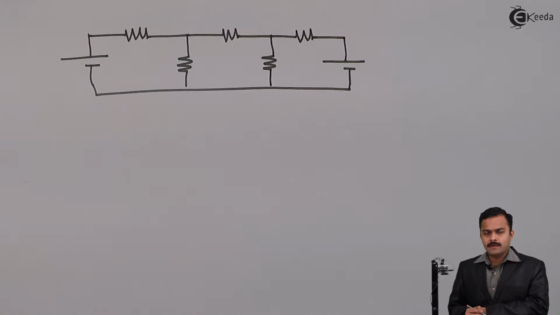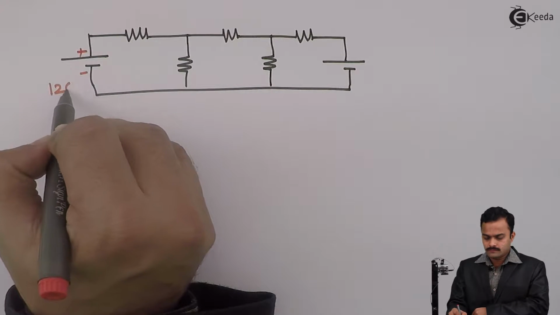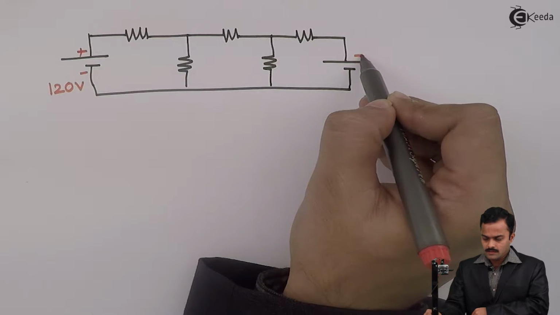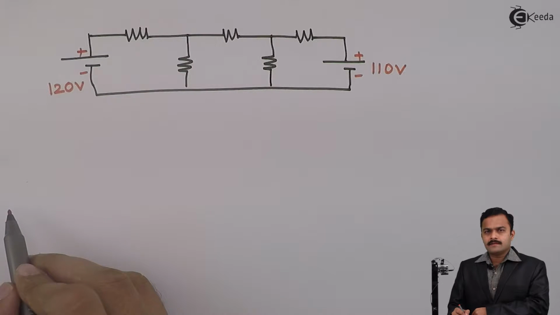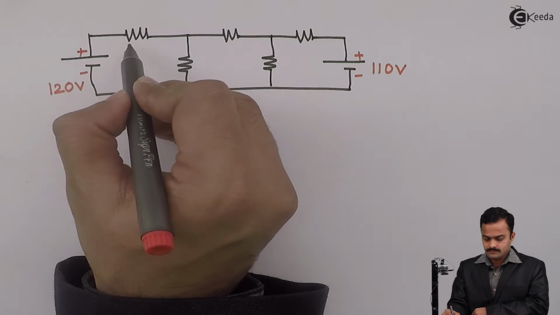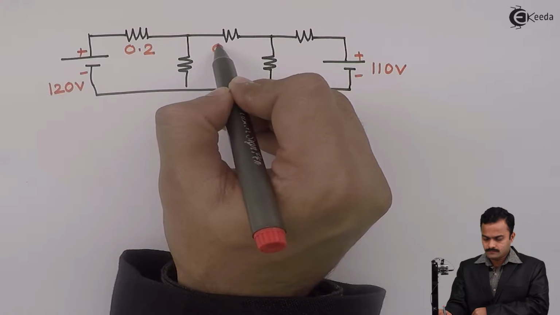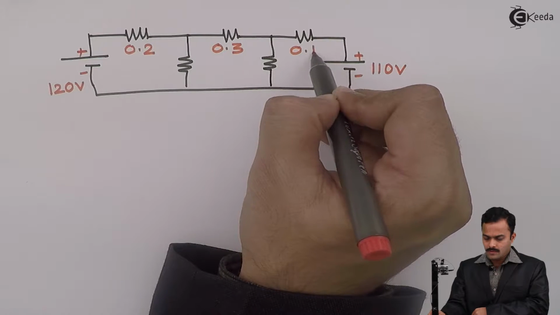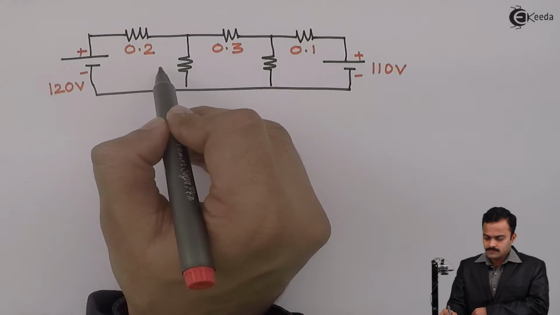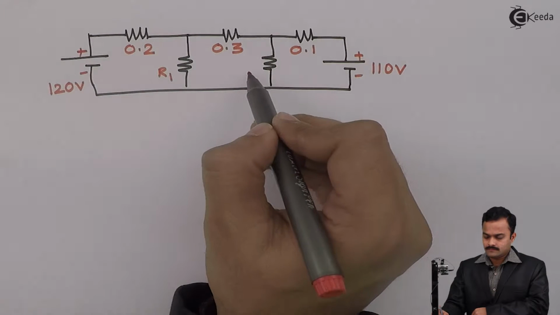So I have taken a numerical having two voltage sources of a value 120 volt and 110 volt, and resistances are given 0.2, 0.3, 0.1. I consider this is R1